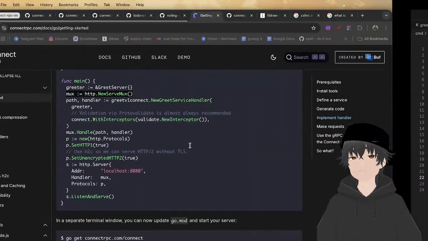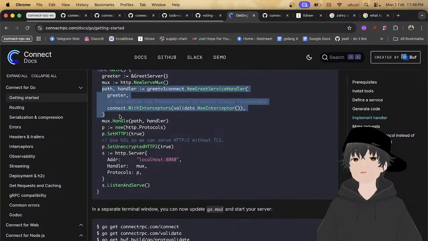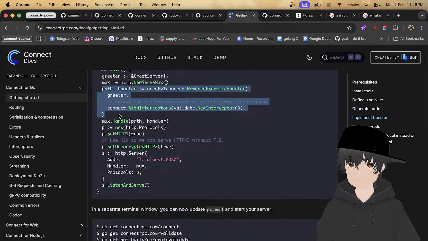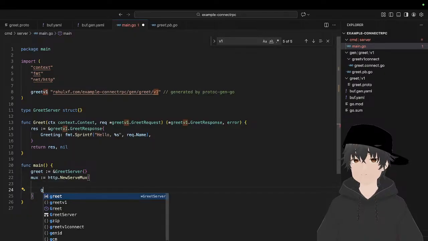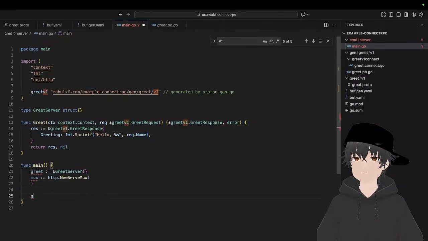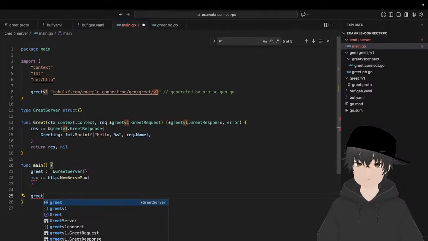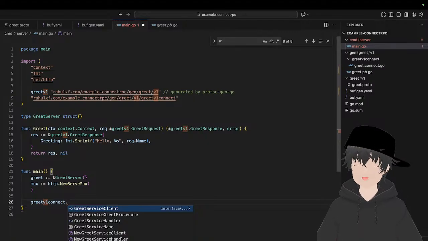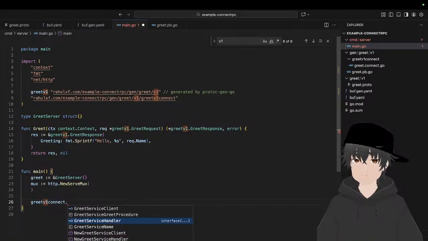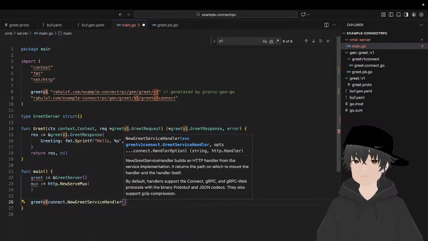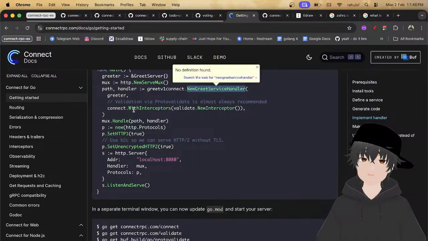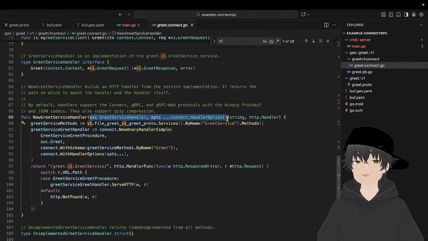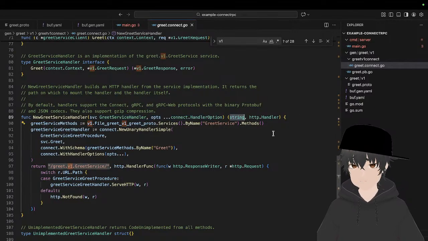And then a path which returns on a path and a handler which comes from greetv1connect.NewGreetServiceHandler. And if you go here, it takes on a service handler and some of the options, which returns a string and an HTTP handler.